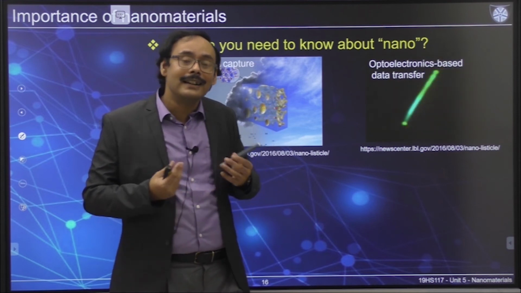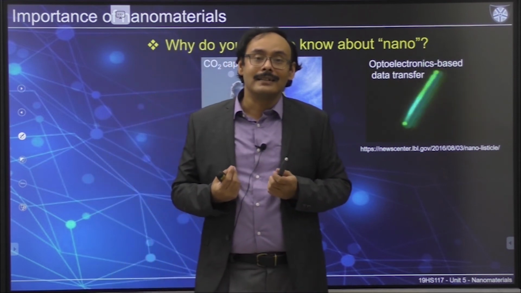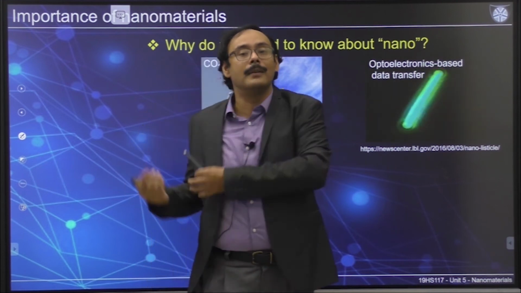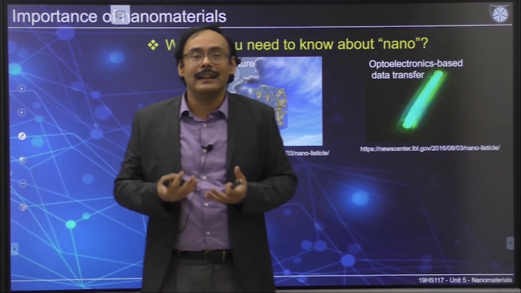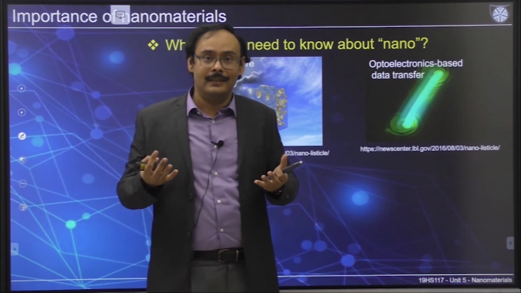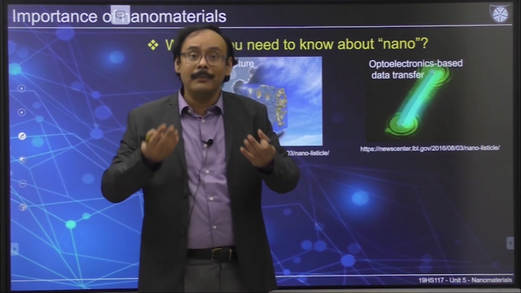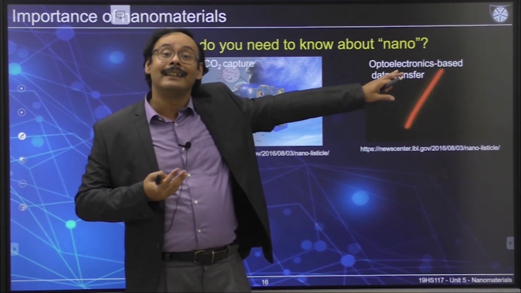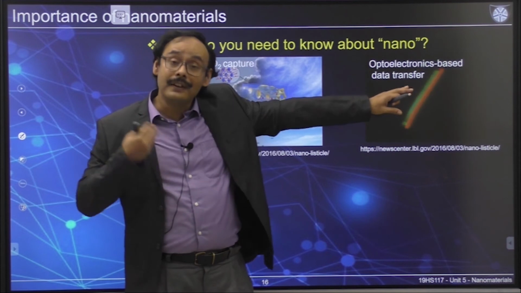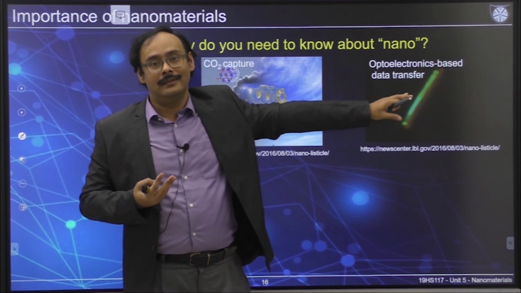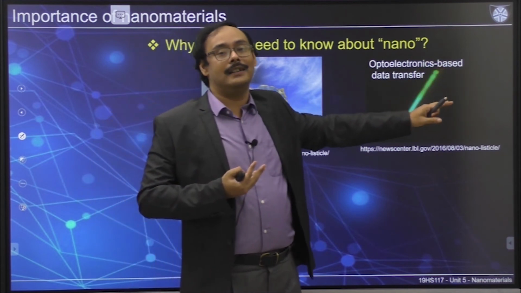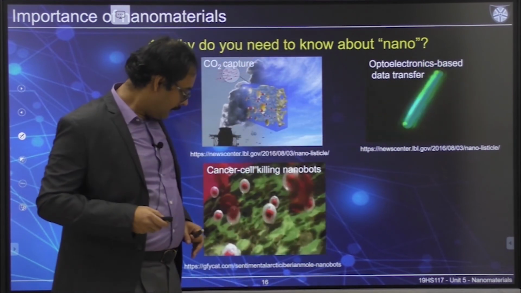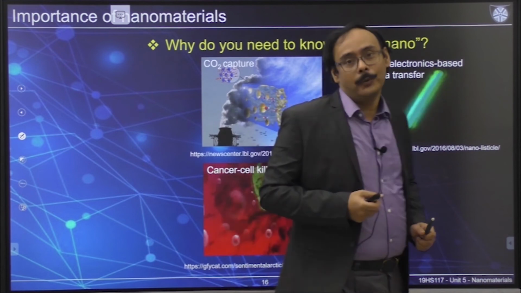So what does that mean? That means now internet speed is slow. When you transfer one file from one computer to your mobile, everything gets slowed down, though it is pretty fast. At least when we started using them, as compared to that, it is pretty fast. But this is something that can make it even faster. So that's the beauty of this kind of thing, and this is also a class of nanomaterial. Let's go to a little bit of bio.